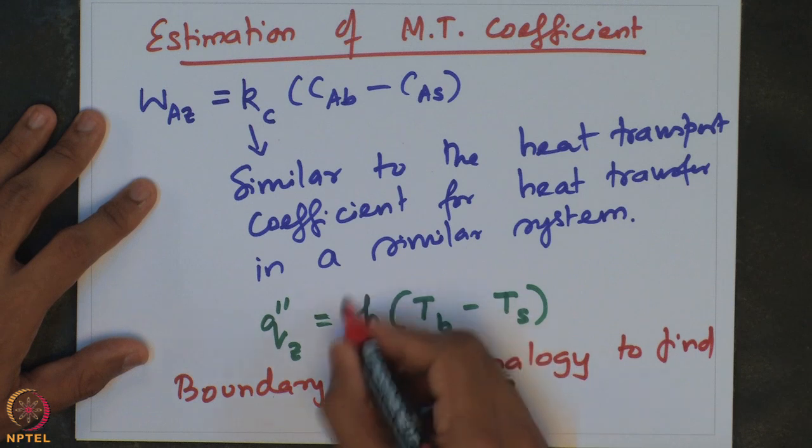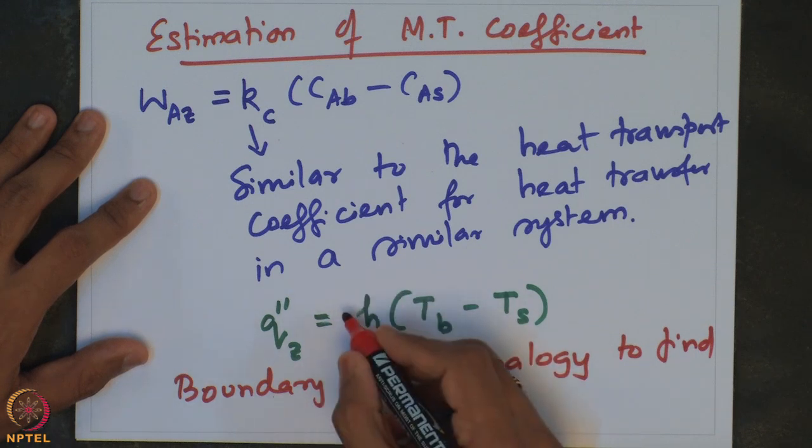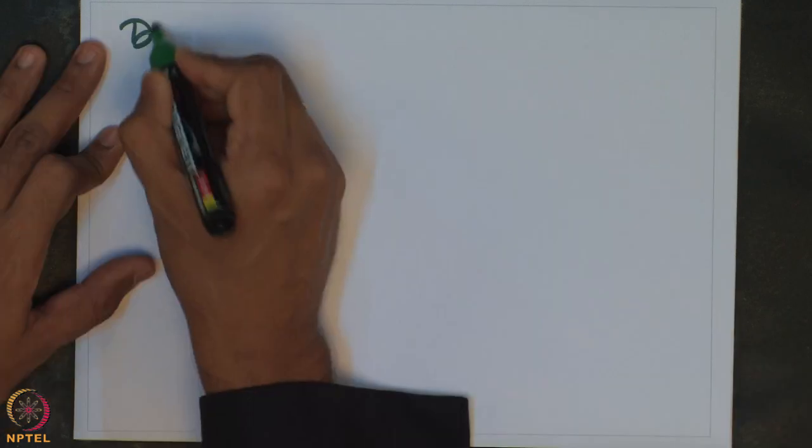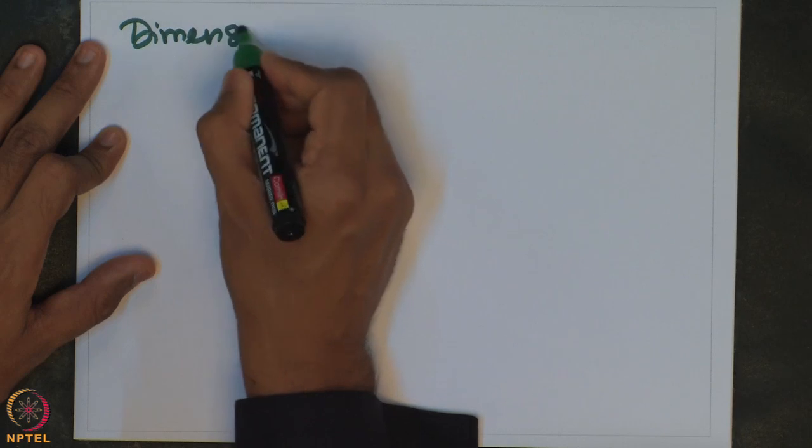If we know how to find the heat transport coefficient, there are correlations to estimate it, and the correlations are very similar for the mass transport coefficient because of the boundary layer analogy for heat and mass transport in the boundary layer. So, there are dimensionless quantities